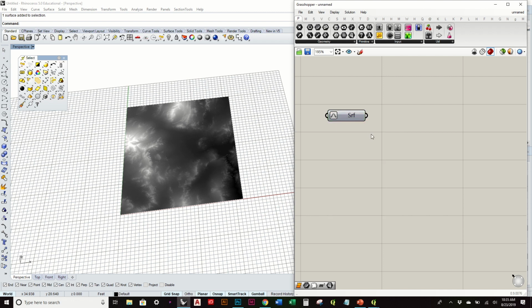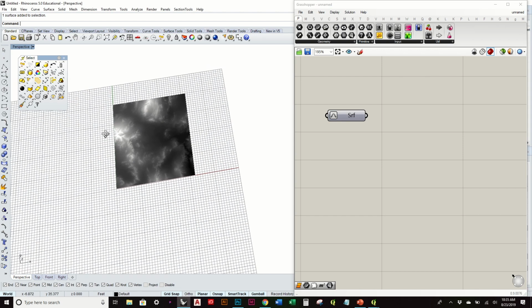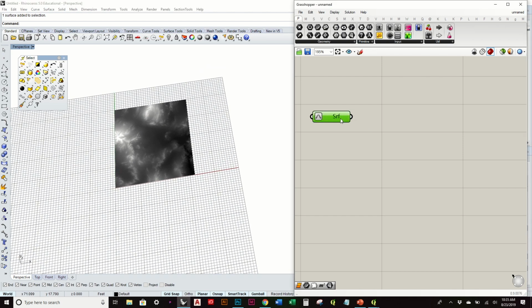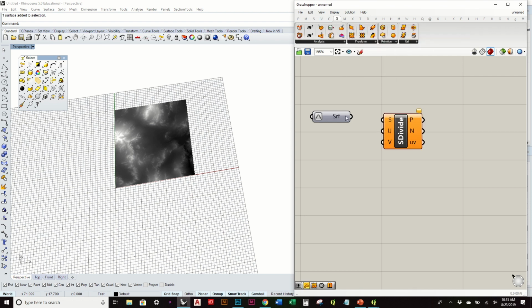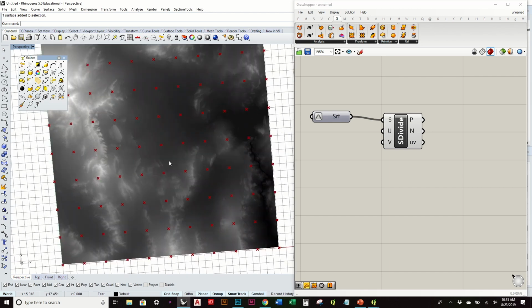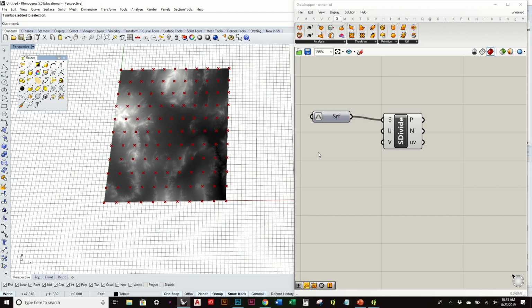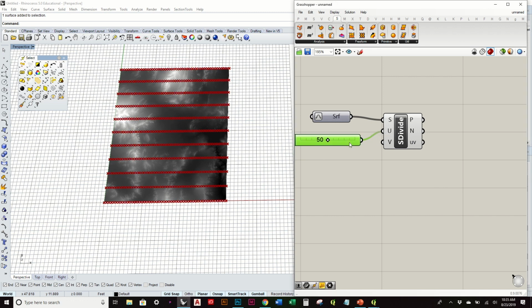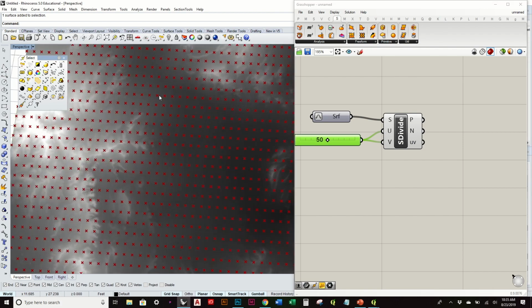It doesn't physically do anything. Again, it's just adjusting the data to fit within a certain domain. So the next thing I want to do is divide the surface. So I'm going to go to surface, divide surface, and again we want to use some number sliders to change the resolution or quality of this. So I'm going to stick with something fairly high, again with 50 by 50 for now,